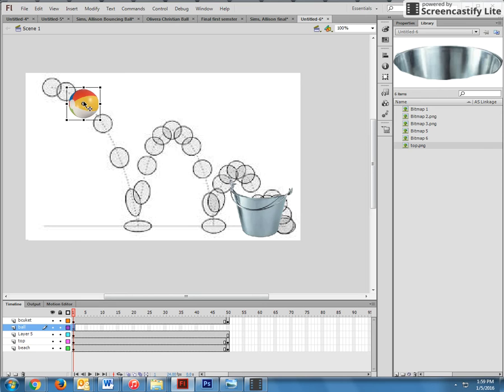You start here, you move it, pick a frame, F6. Move it, pick a frame, F6. Move it. You might want to squash it, rotate it a little. Pick a frame, F6. Move it. Pick a frame, F6. So say it with me. Move it. Pick a frame, F6. Move it. Pick a frame, F6. Move it. Pick a frame, F6. And I'm going